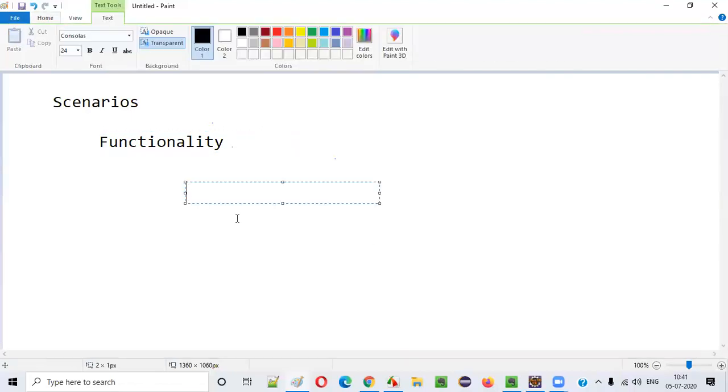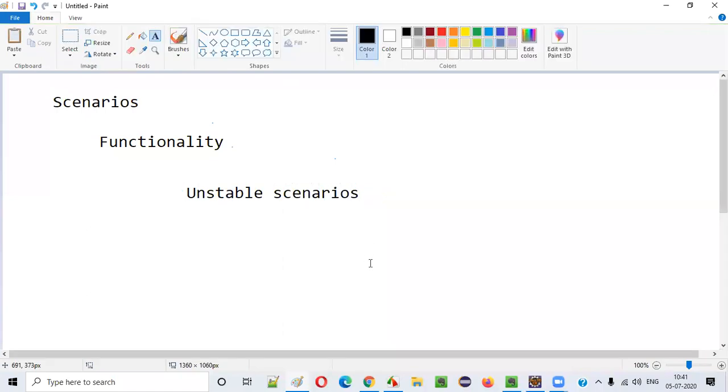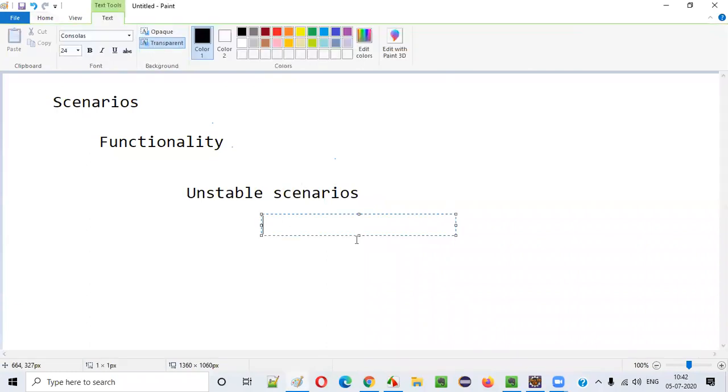So guys, can I automate unstable scenarios which are having some issues, which are changing with customer requirements regularly? Is it advisable to automate such unstable scenarios which have some defect fixes to be done? No, it's not possible.